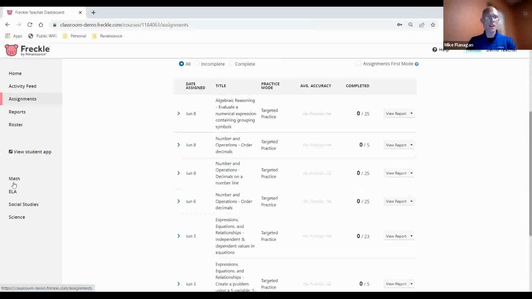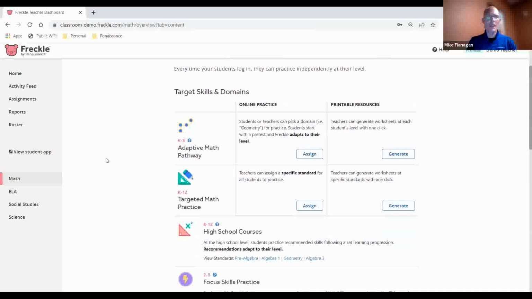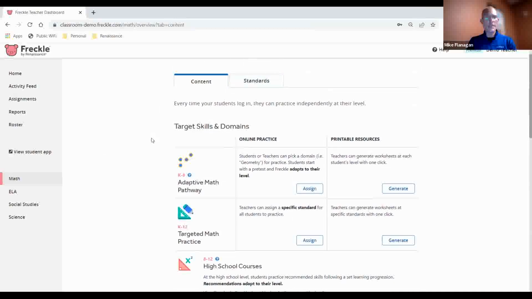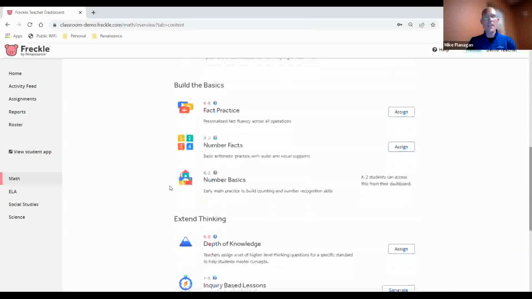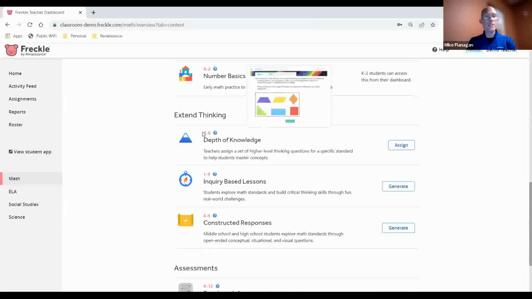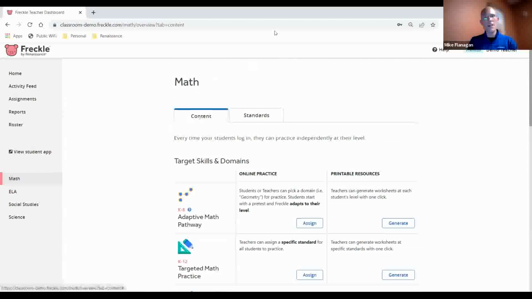Now, of course, there are a couple different ways to do the same thing. So maybe we don't want to search by standard, maybe we want to search by domain. We can certainly do that, or we can also search by standard or skill within a high school course, or we can allow students to focus skill practice specifically, even all the way down to the very basics within math and all the way up to DOK and IBL challenges. So again, this is the 30,000 foot overview, but really what I'd like